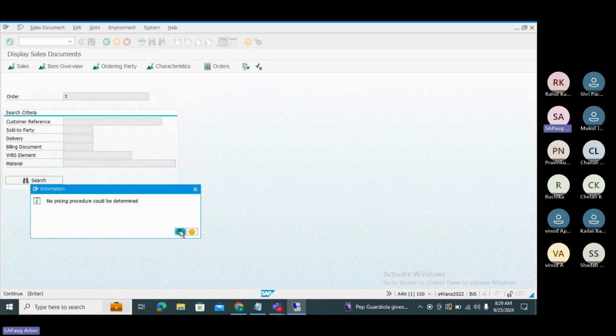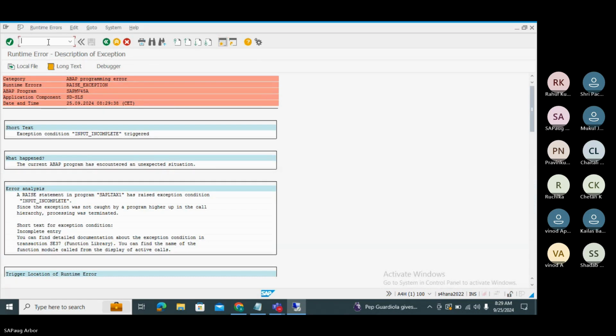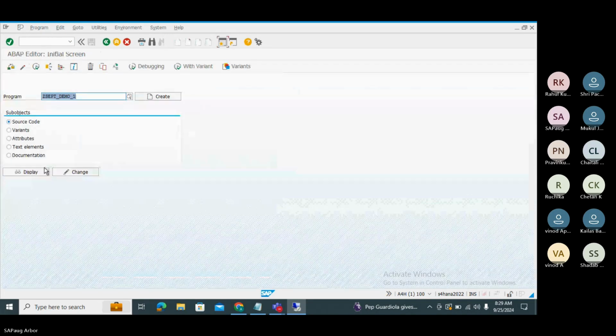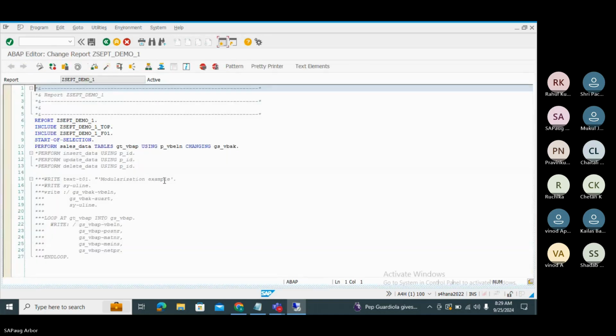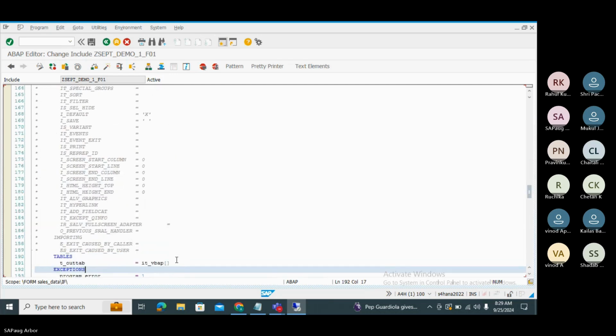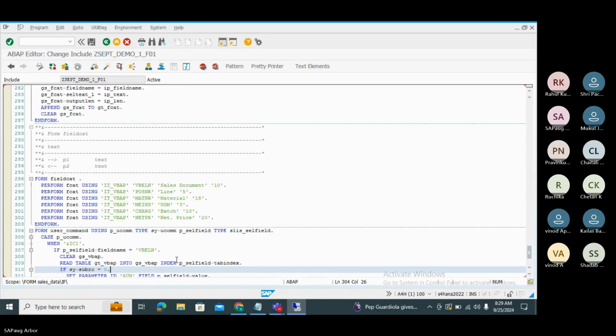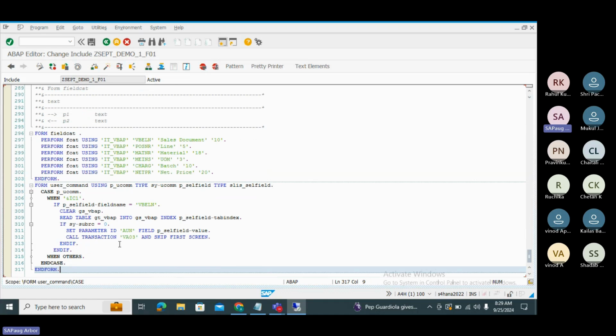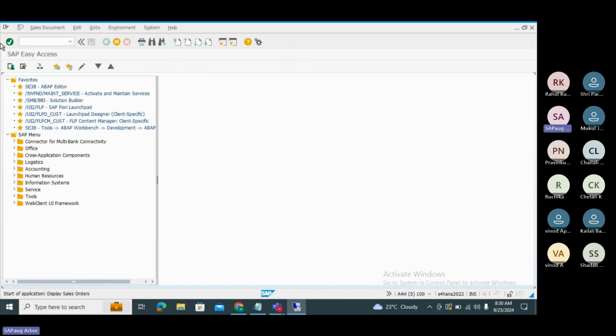Yes, it is taking me to the screen. So basically what it is doing, whenever we are calling any standard transaction, it has some parameters in the global. So I will show you that one, VA03. It is having